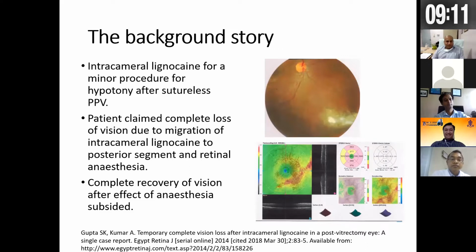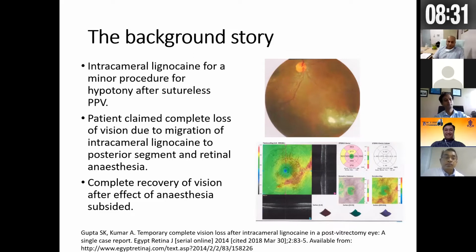So then the patient claimed that when he was going into the OT, he could see something, and when he came out, he couldn't see anything. I was puzzled because I didn't do anything to the retina. But then I realized later that probably in a vitrectomized eye, when I put in intracameral anesthesia, this solution must have percolated into the posterior cavity where the vitreous was missing, and the anesthesia went ahead and anesthetized the retina. So I realized that this solution can actually anesthetize the retina as well as other tissue of the eye. And because there was a complete recovery the next day, as you can expect out of any local anesthesia,